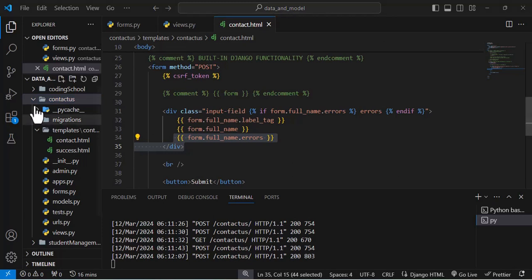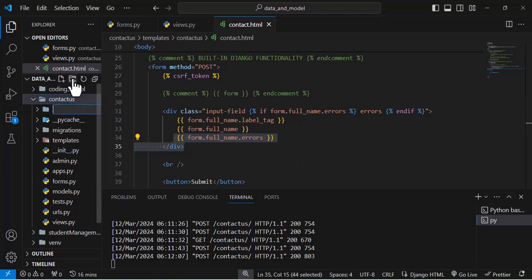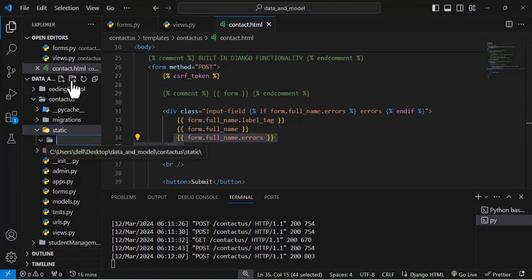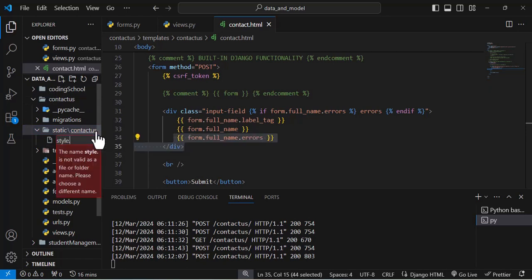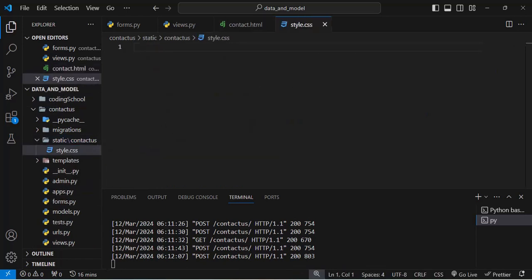We're going to come into this contact us, and inside this contact us, let's create a folder called static. Let's create a folder called static, and inside the static folder, we are going to have the name of our application so that we'll be able to differentiate from a static file that is inside the model and data application and or student management application. So I am going to call this contact us, and in here I'll define the style to be style.css